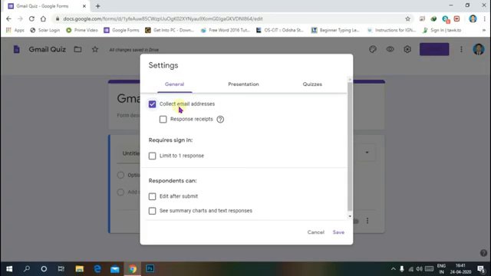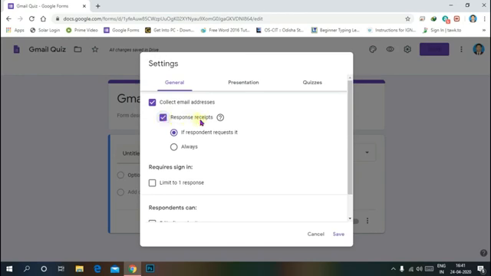This is very helpful because you can collect the email addresses of the respondents who attend your quiz.